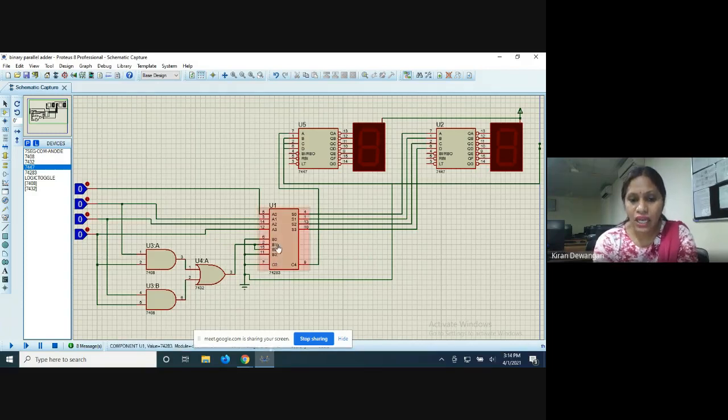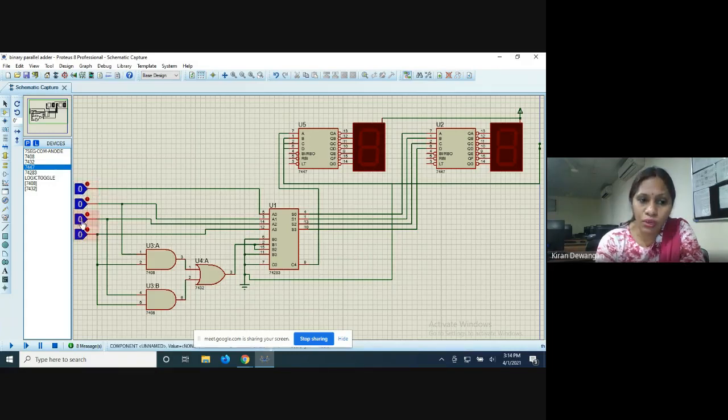Now let's see what is the logic that is required to enable the second set of 4-bit input, that is B0, B1, B2 and B3. Now the logic is, when the input is more than 1001, 1001 means 9. If it is more than 9, suppose it is 10, that is 1010.